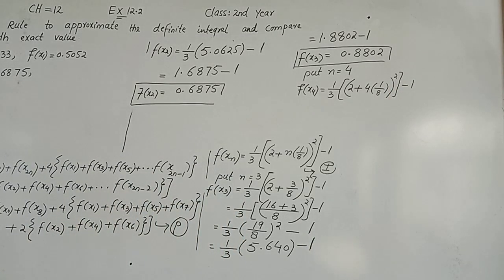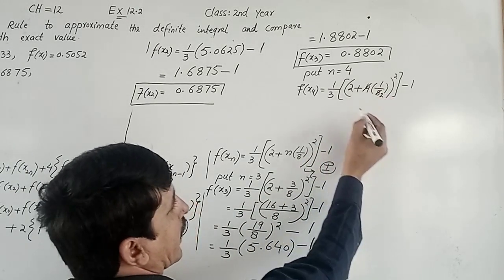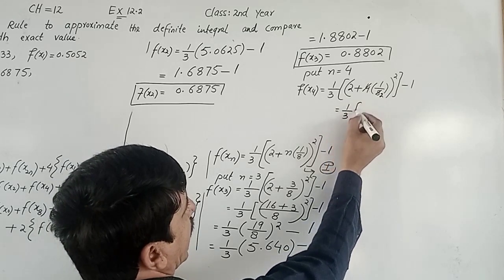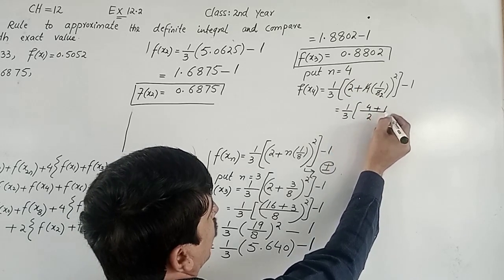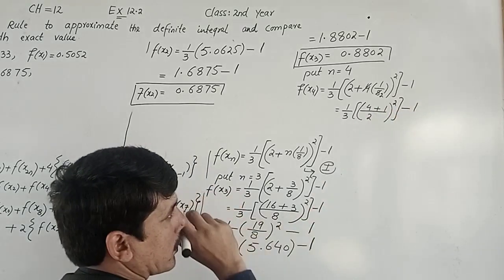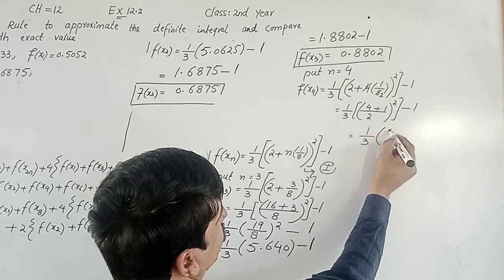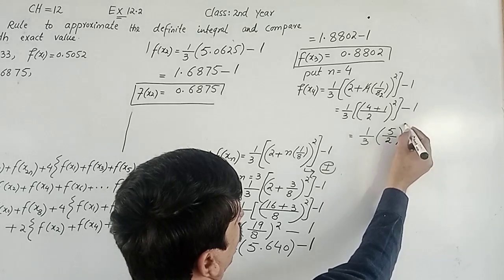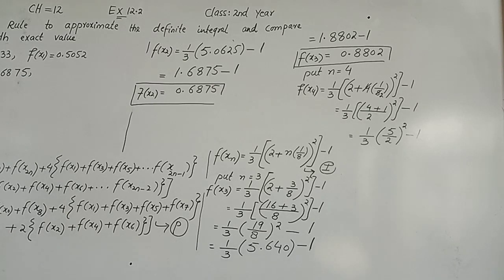Here the 2s cancel, so the LCM is 2, 2 into 2 is 4 plus 1 whole square minus 1. So 1 divided by 3, 4 plus 1 is 5 divided by 2 whole square minus 1. Divide 5 by 2 and then take the square of the answer, and from this we get